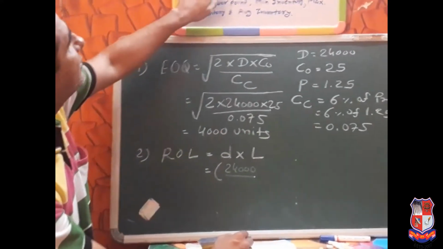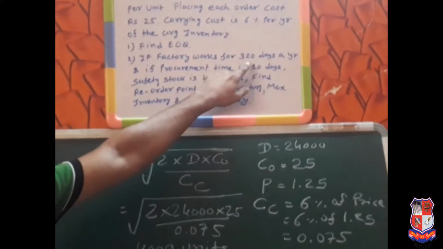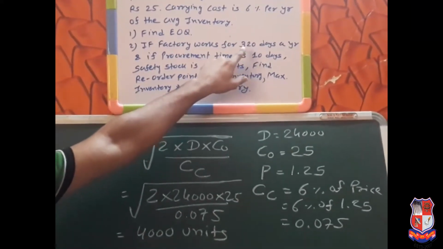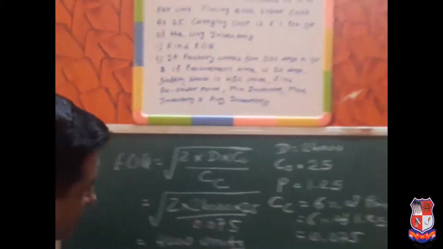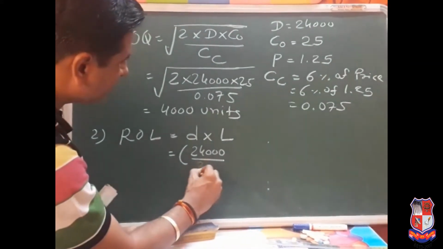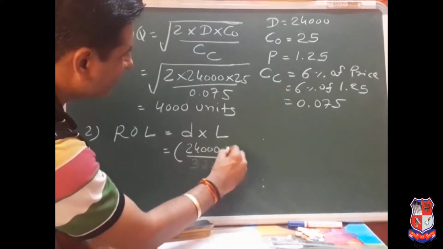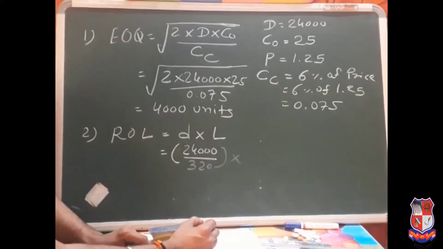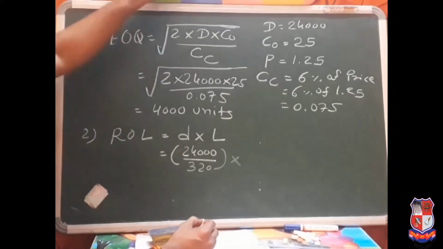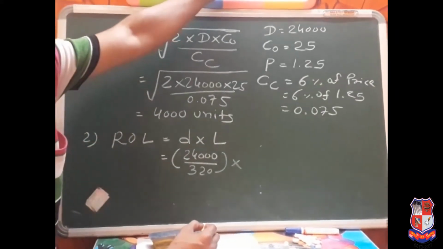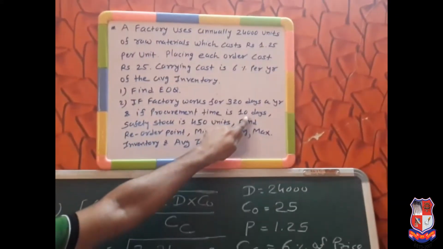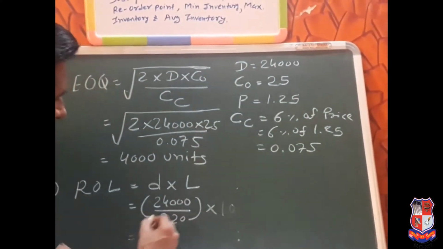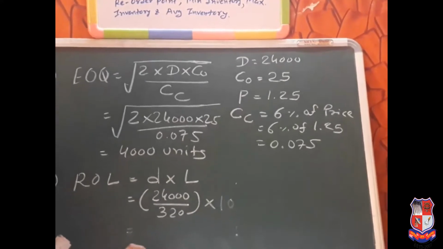Here the number of working days is given as 320 days, which means the factory works 320 days in a year. So 24,000 divided by 320, you will get small d, and capital N means the lead time. Procurement time is nothing but the lead time. Here 10 days is given, so you have to multiply by 10. If you simplify these things, you will find out the